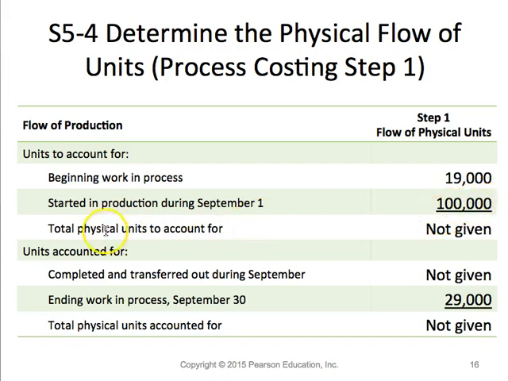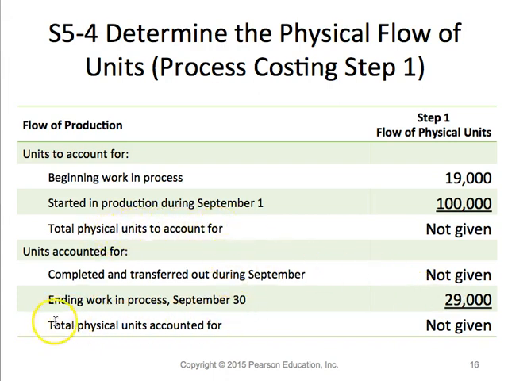So total physical units to account for will be 19,000 plus 100,000, which is 119,000. It's not given, you need to calculate that. And then how do we calculate the other ones? The only thing you need to know is total physical units to account for